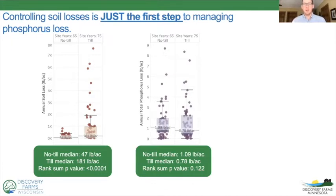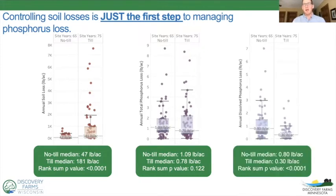Unfortunately, they don't. The total phosphorus is very similar between the no-till sites and the tillage sites. And the reason behind this was the increased level of dissolved phosphorus that we see in our no-till sites compared to our till sites. And we think this is due to a few different reasons, one being an increased residue amount in our no-till systems. And when we have snowmelt runoff interacting with increased residue amounts, we can have higher dissolved phosphorus losses,